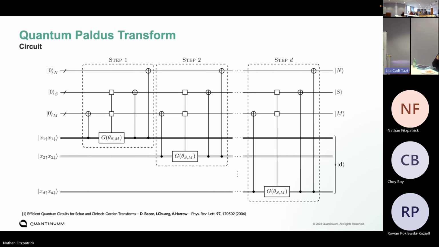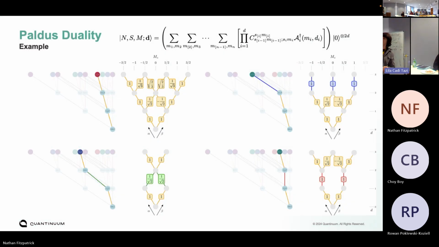Could you do the same easily for another group? Good question. You'd have to do the graphs. So these Bratteli diagrams are a completely general group representation theory thing. If you can figure out some group chain like this and figure out how to traverse it, then the circuit applies. You would have to change the